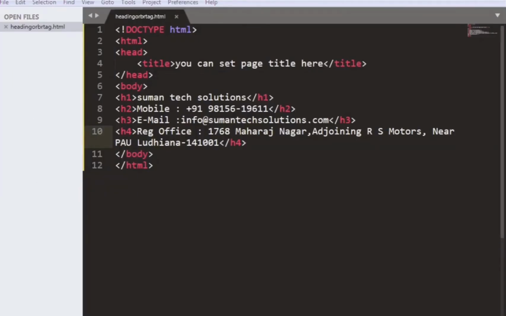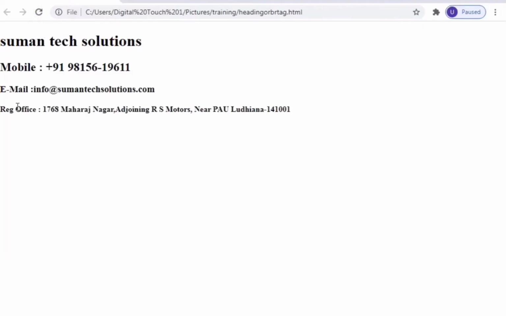So we will refresh our file again and we can see our heading tag.